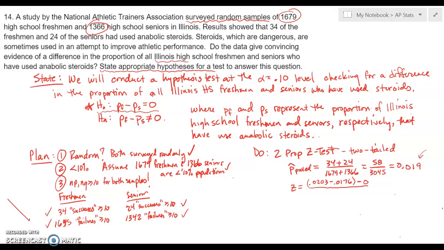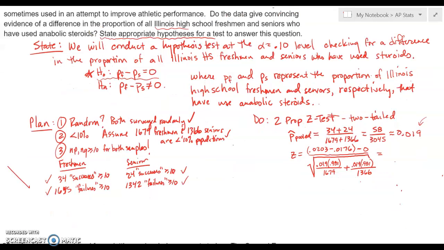And then the denominator looks like this. So this is where that pooled proportion comes in. Our pooled proportion is 0.019. Here's the complement of that divided by the sample size for the first sample, and then pooled proportion times the complement divided by the sample size for the second sample. And this should all simplify to a z-score of about